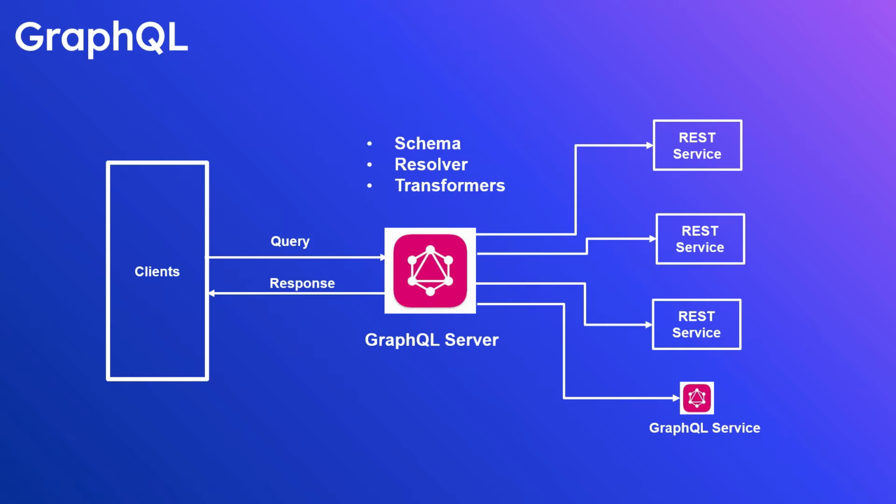The main part of every GraphQL API is its schema, which defines how the data is structured and accessed. If you see this diagram, clients make specific queries to the GraphQL server and get responses. The GraphQL server enables the API schema to define the structure of the APIs and manage the queries through specific resolvers. The resolvers handle data for specific queries by interacting with different systems. These systems can be anything. It can be a REST service or another GraphQL service. You can even integrate with a DB.